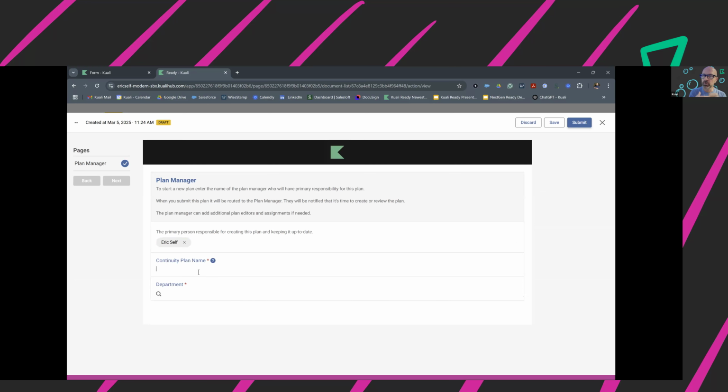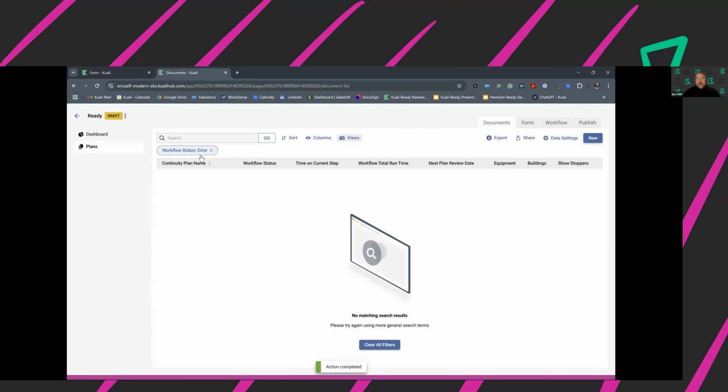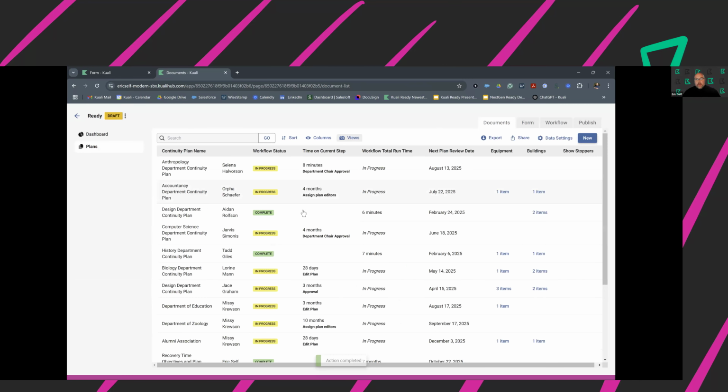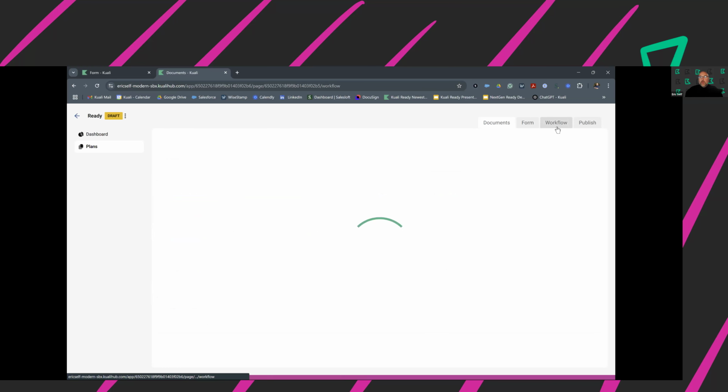And by the way, that's probably all integrated with SSO, right? Correct. The integration that we have, he mentioned this earlier, but we can bring in your buildings, your departments, your faculty list, and have all that sync with your existing systems. So you're not doing data uploads, it's a real-time sync using the API between Ready and your existing systems. Correct. And once that got sent out, I'm going to get an email with my institution's logo, giving me directions on what I need to do, and that's all done here in the workflow.